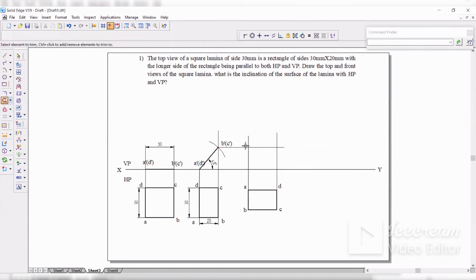Now take the trim option. I don't want this, I don't want this, I don't want this. So I've got the point. Now this is the view now. So from this point, I should get a visible line, full end to end. End to end, I should get a point.